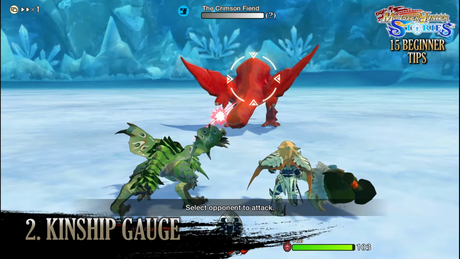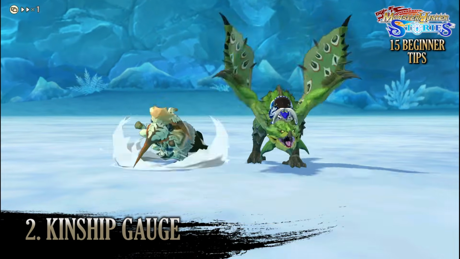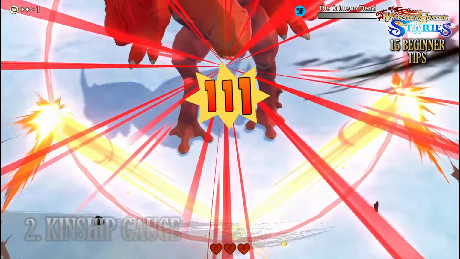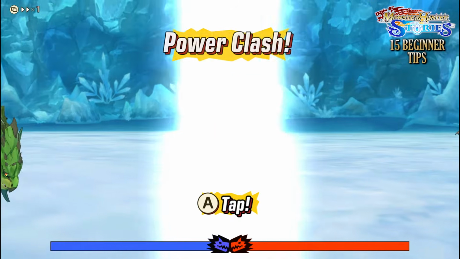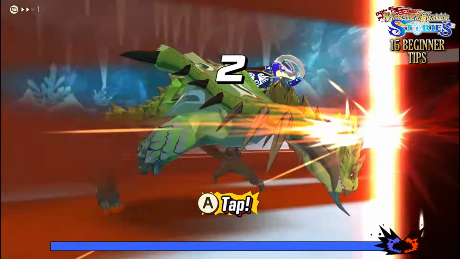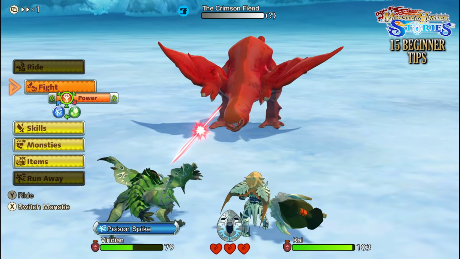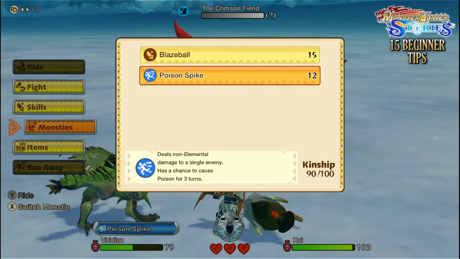Which brings us on to tip number 2, which is understanding the Kinship gauge. The Kinship gauge, found on your Kinship stone at the bottom of the screen, fills up as you perform certain attacks that best the monster you're fighting. This shows how in sync you are with your own monster. Basically, performing attacks that correctly counter the monster you're fighting, so you're winning the rock, paper, scissors, will allow this